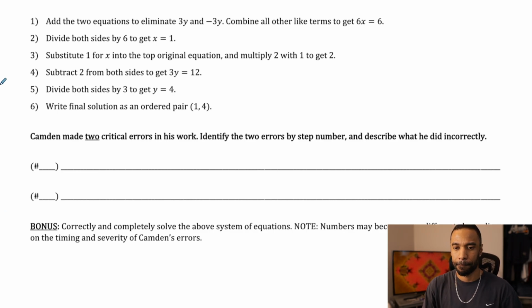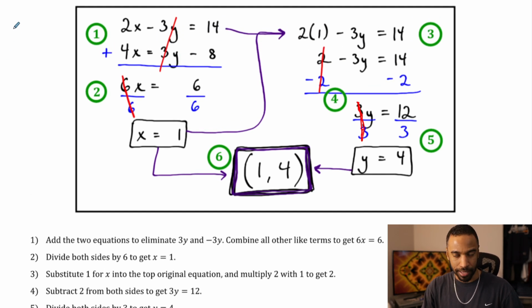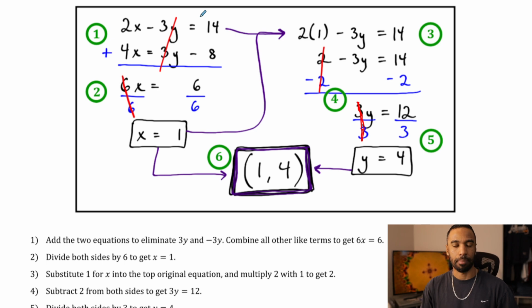There are only 2. Now, remember, it'll obviously change all the work that we have to do in the end, but let's still give him some of the partial credit. He did most of the other work probably correct, but 2 steps wrong. So on step 1, after copying these down, he eliminated the negative 3y with positive 3y. Now that would be a correct step, but